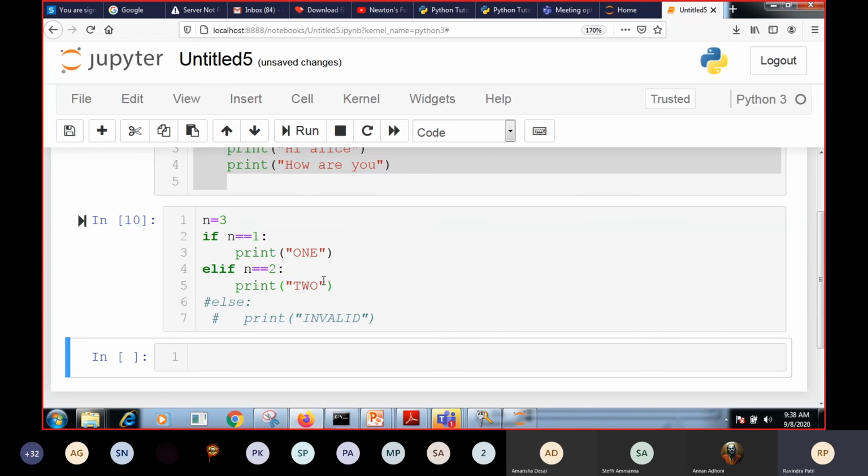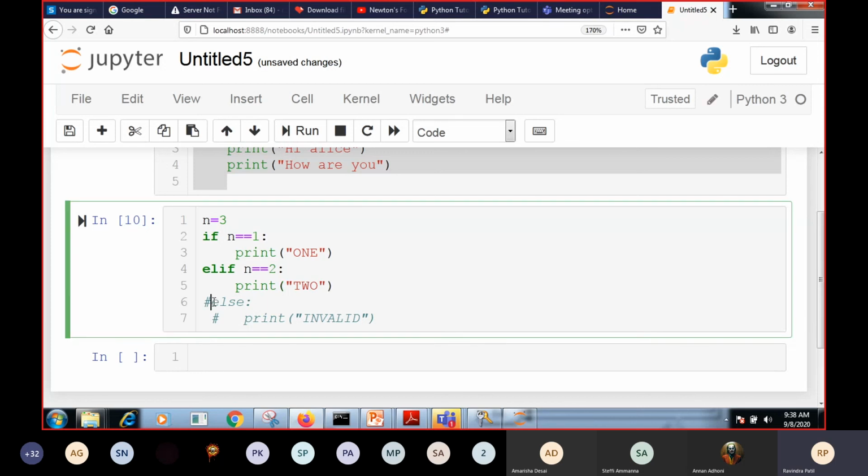That is a very special feature of Python when we compare it with the C language. I hope this concept is clear. I am repeating again: elif is the expansion of else if, and when we compare with the C language, the else part is mandatory, but in Python, the else part is not mandatory. An elif statement can have an optional else statement.